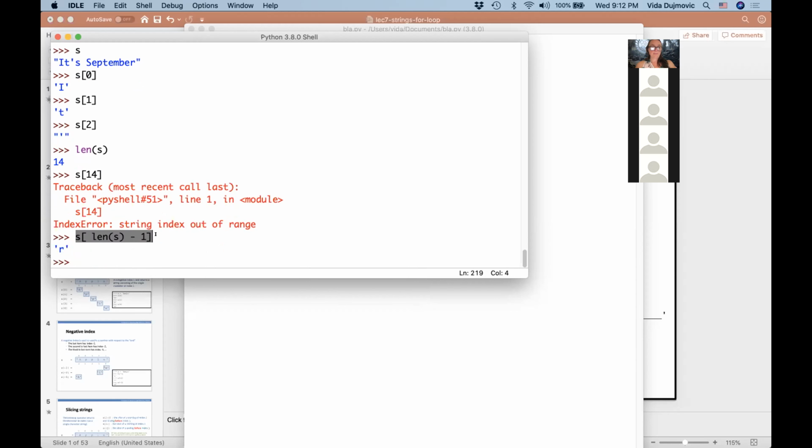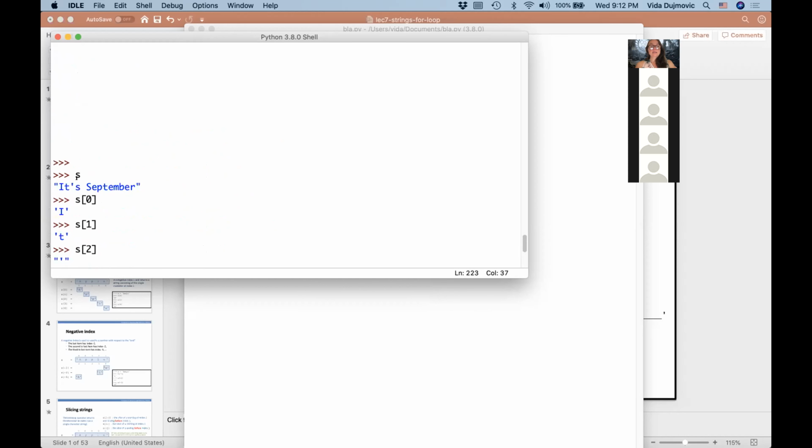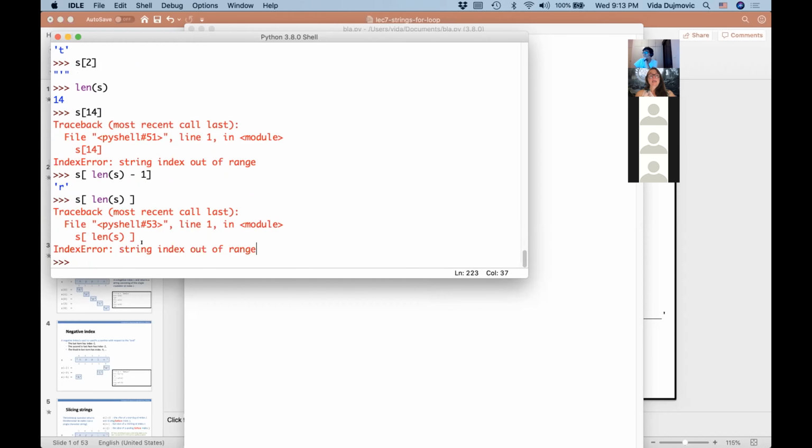This previous mistake is very common. It refers to this. These mistakes happen very often. It's telling you string index out of range. What does that mean? Valid indices for this string are 0 to 13. All the other things like 14, 15, if you try to do S of 15, that means that you're trying to access a position that doesn't exist, and you get a so-called out of range mistake. Okay, so these are very common.